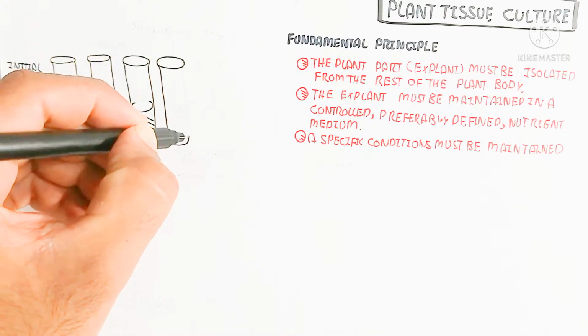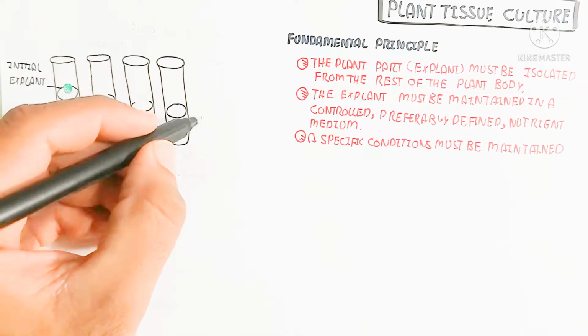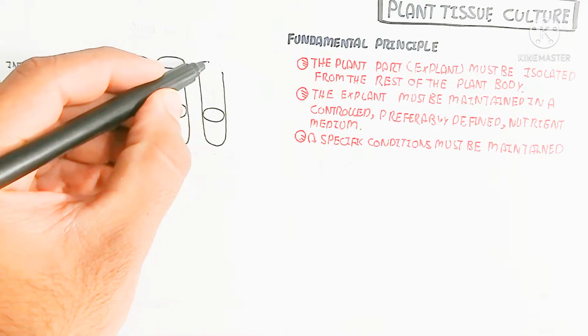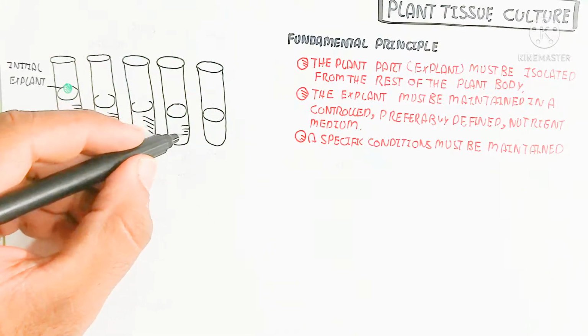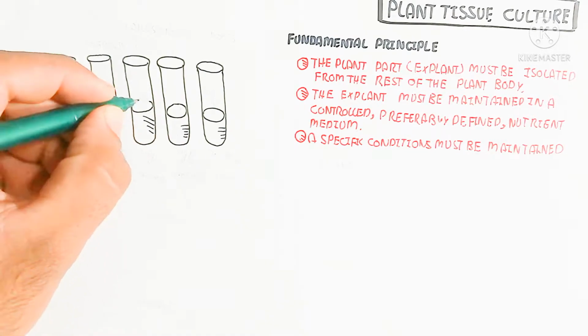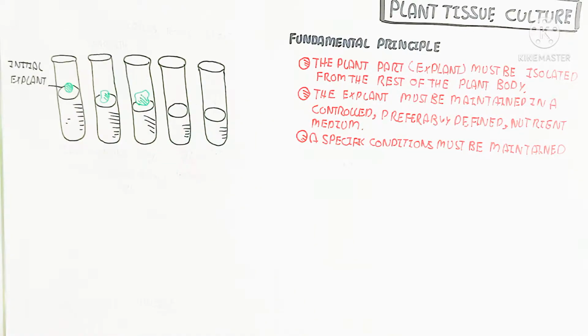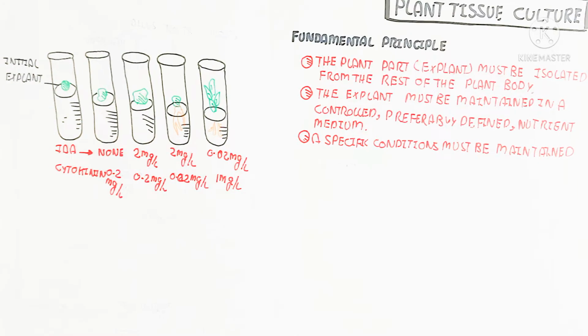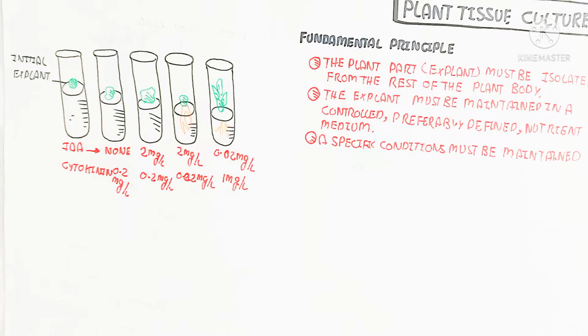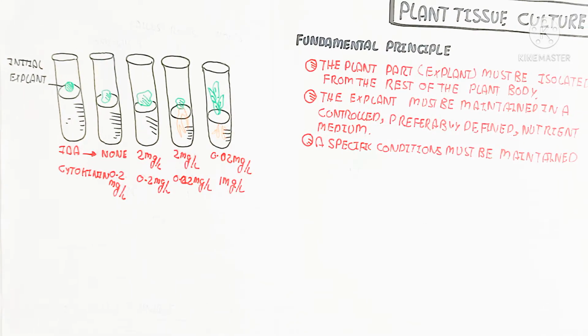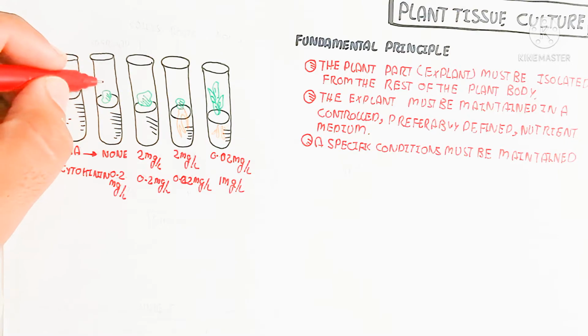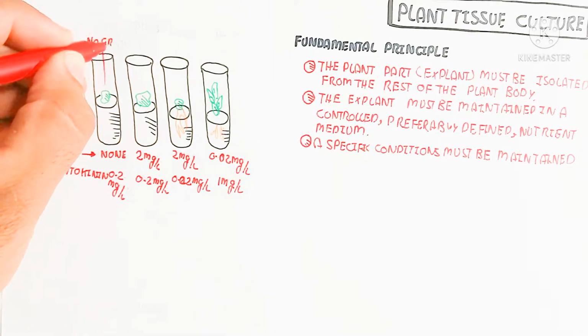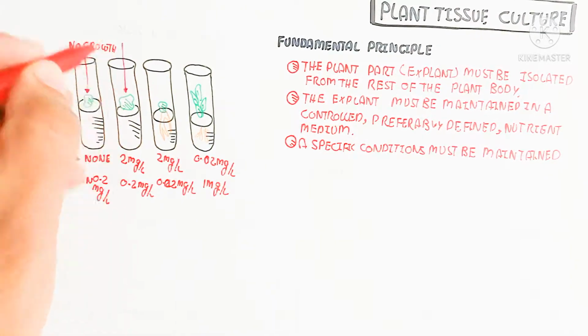No growth will occur when we do not provide the indoleacetic acid, but the cytokinin is 0.2 milligram per liter if we provide it. That means no growth will occur while the development will trigger. And after this, callus formation occurs due to the 2 milligram per liter auxin, indoleacetic acid, provided. In this way, again we will increase and decrease the auxin and cytokinin variation on the basis of requirement and callus formation.